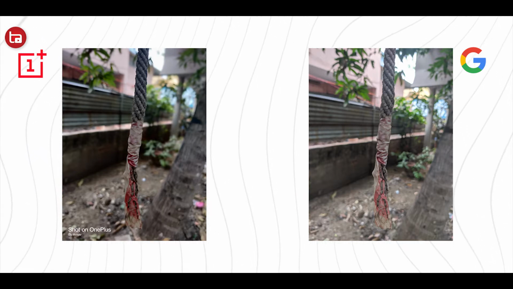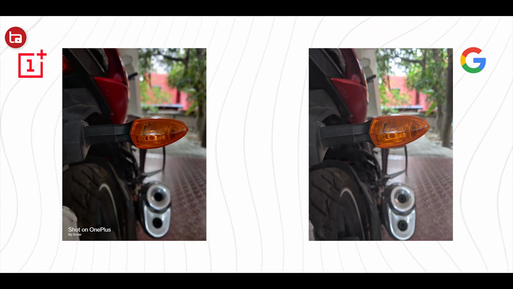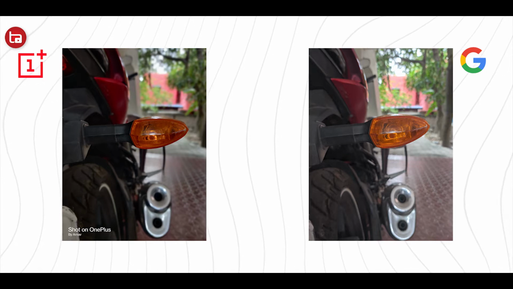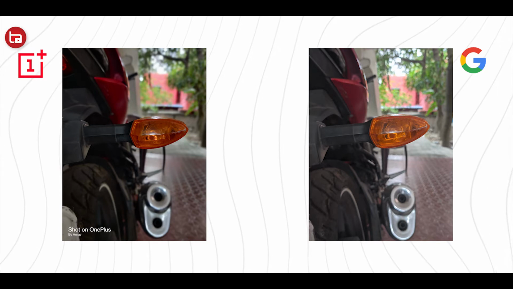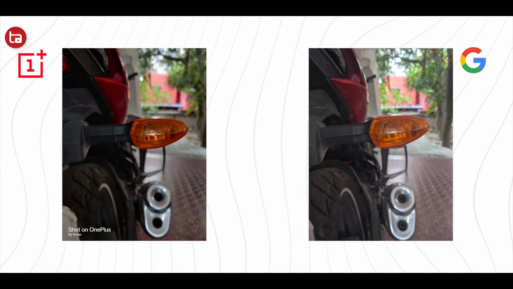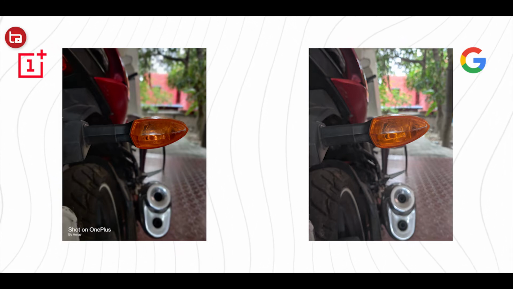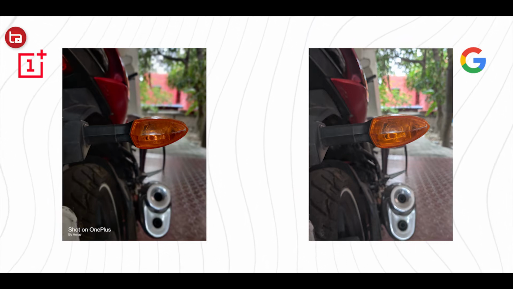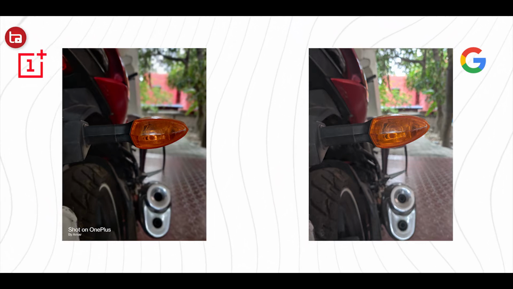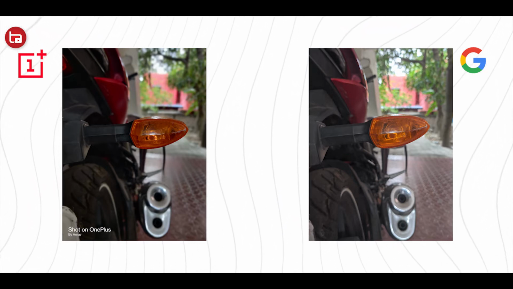And even in the next sample, as you can see, I've shot using both of these camera mods. The OnePlus Nord's stock camera tends to increase the contrast and darken the image more, thinking that it is giving out more details, but it's not. I like the camera sample of the Gcam for the OnePlus Nord better in this scenario. As you can see, you can clearly spot the details of those tire rims, and the dynamic range is also perfect in this image. The image is also well lit, and overall the processing of the OnePlus Nord's Gcam for both portrait and non-portrait images is the best.